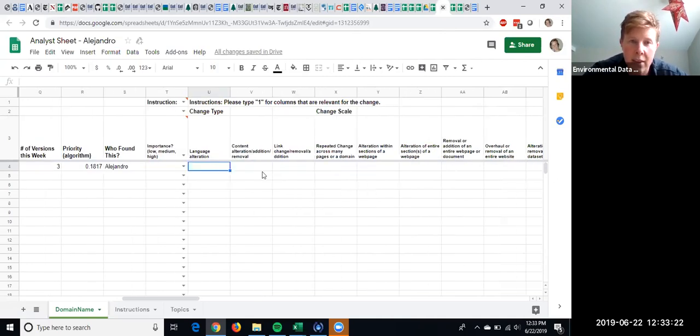Columns U to W talk about the type of change that we're seeing: if it's a language change, a content change, or a link change, or any combination of them. And then the next chunk talks about the scale of the change. So for this one, where we saw basically just two links removed,